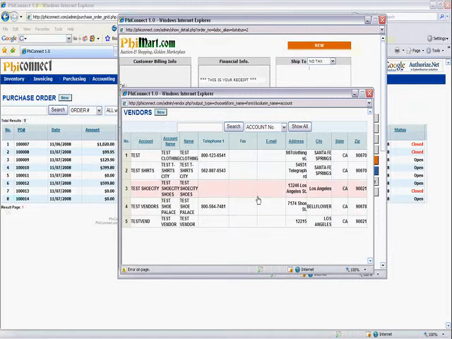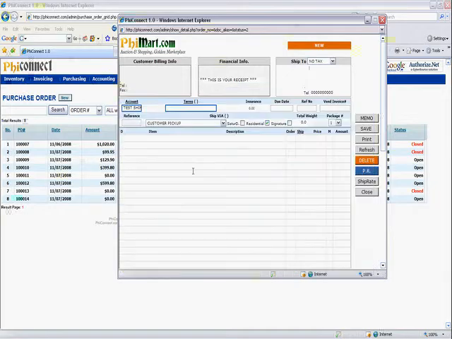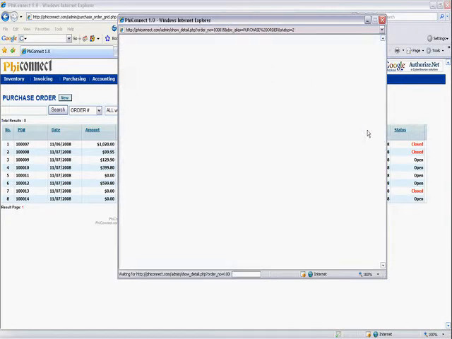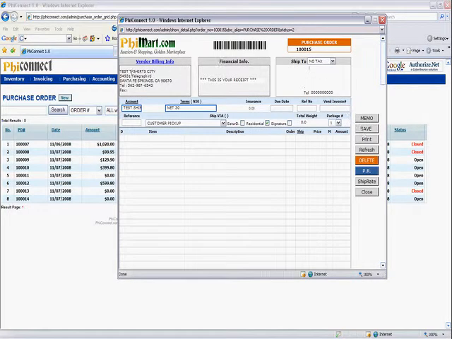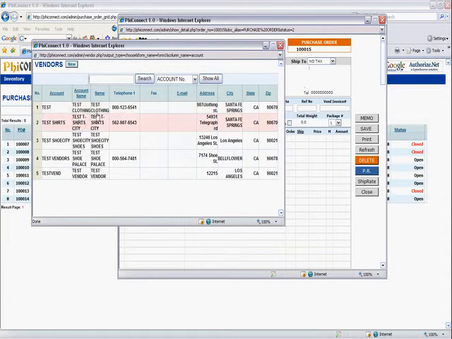Okay, then from here, once you created your vendor, you could click which vendor it is. And then once you click their vendor, the account will be showing, and then click save. Once you click save, all the information should be here. It'll show where the vendor is, and then the ship to. The ship to is usually your address. So under the account,